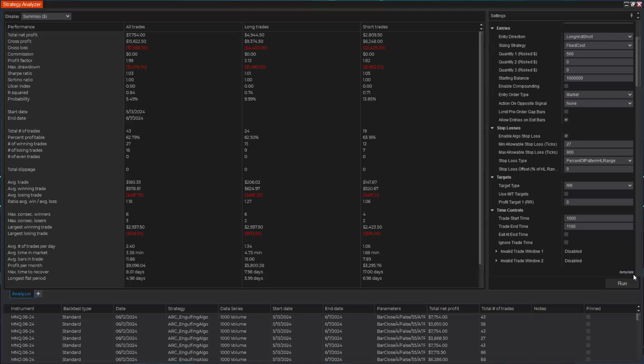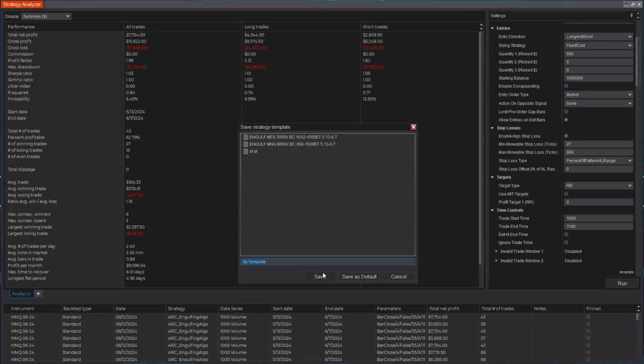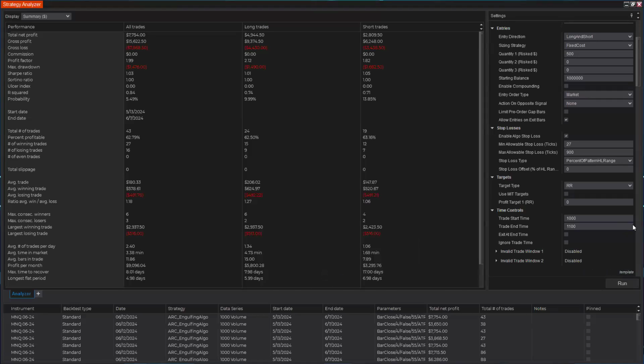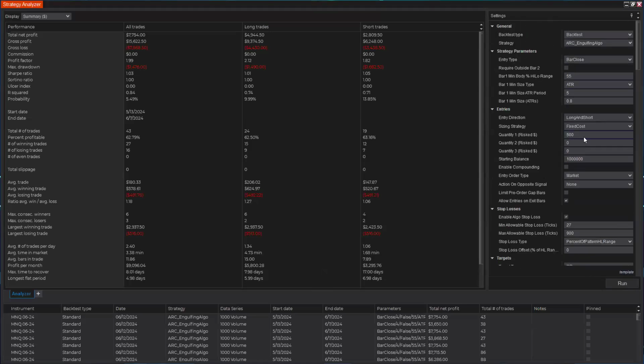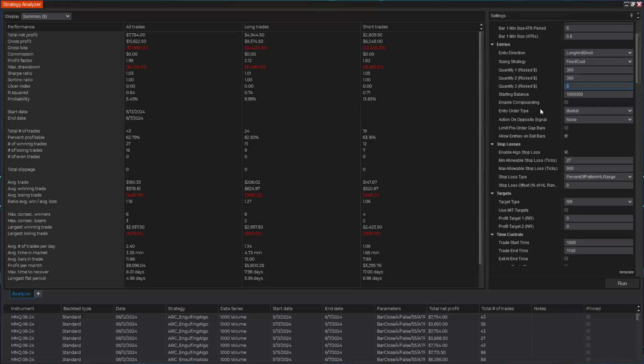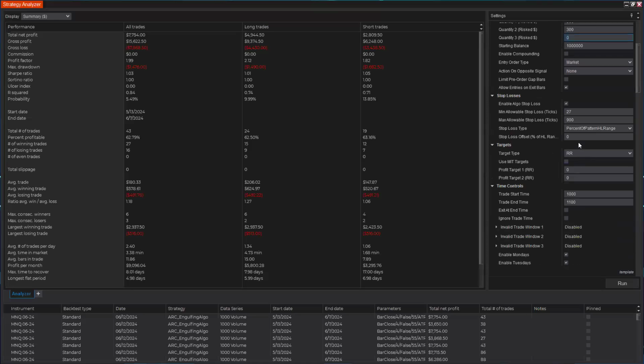But here, let's do this. So I'm going to save this as the runner. Just save that for now. And then let's go back to this, and we'll add 300 and 300. And I realize not everybody's trading these sizes, so just resize it for what your risk tolerance is. But let's do that and